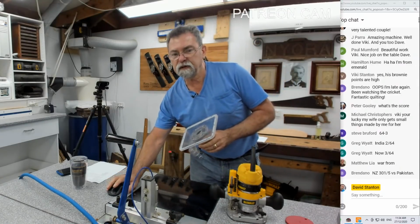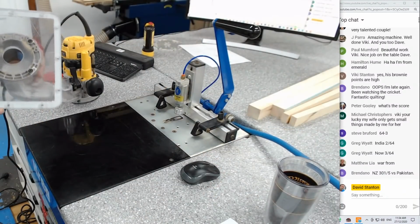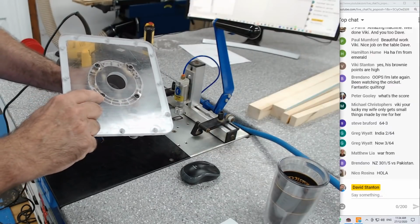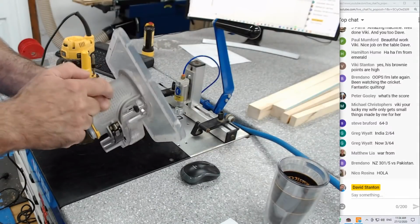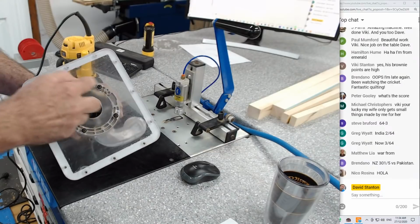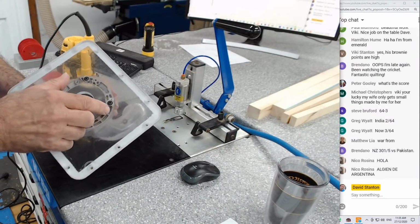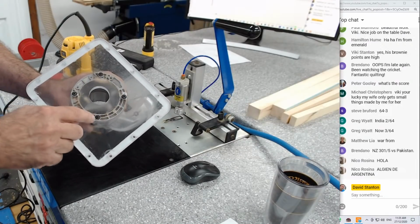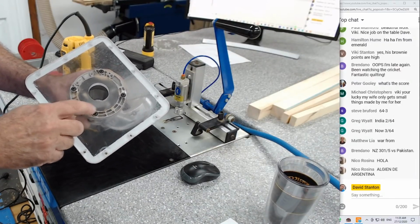I might even just go to the other camera because it might be easier to see it there. So you've got the Phillips head screws that screw in to the standard base plate. I think I've got the other plate lying around, which is just a circular one for the trim base. And I took that off and made this for it. Once you've got those holes in and let them in, and then drill the hole, put the screws back in